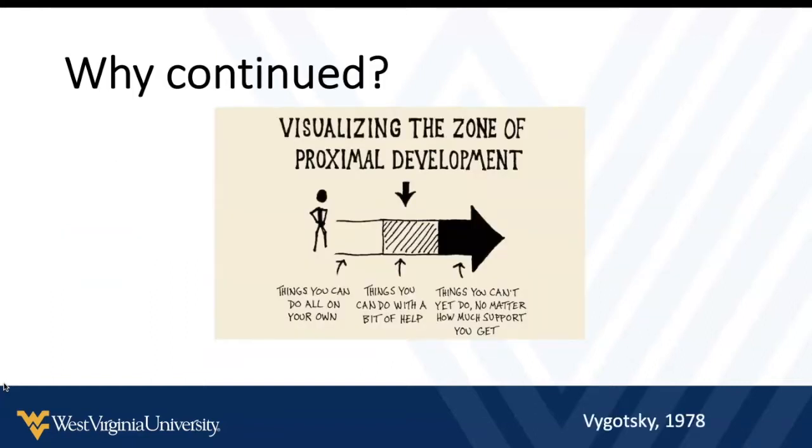So the other thing that happens with those populations is a lot of times they come to us not having the same experiences as their peers. And in a state like West Virginia, we know that's particularly true because we have a high proportion of low SES students. Just over 50% of the students in this state are classified as low SES, which means that they qualify for free and reduced lunch. And that proportion is much higher than most states in the nation, which means that, especially in relation to language,